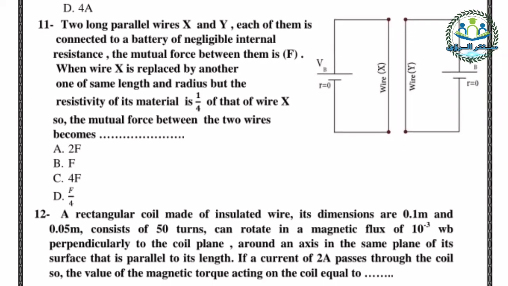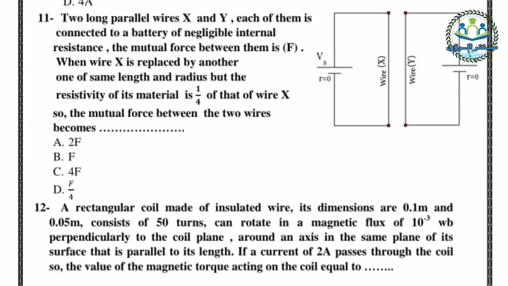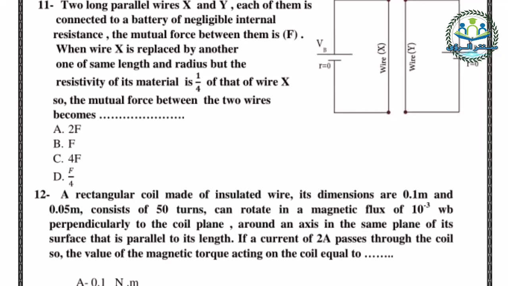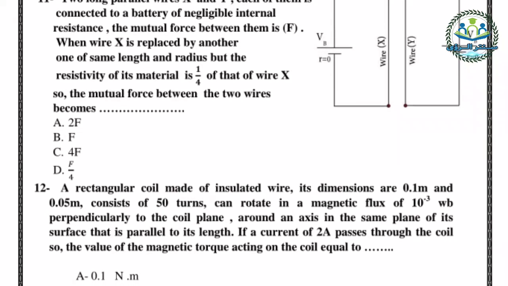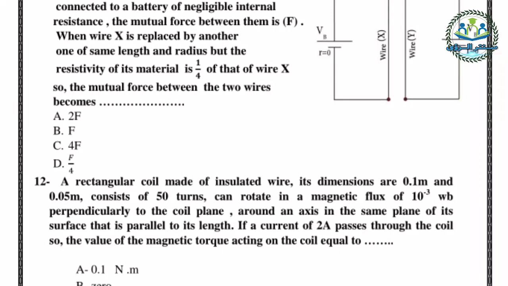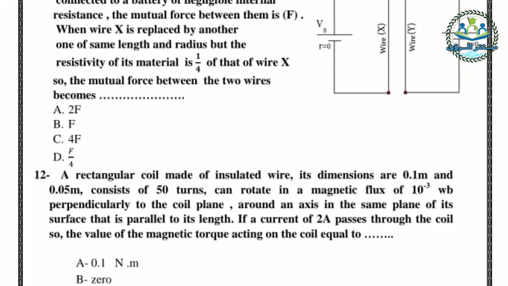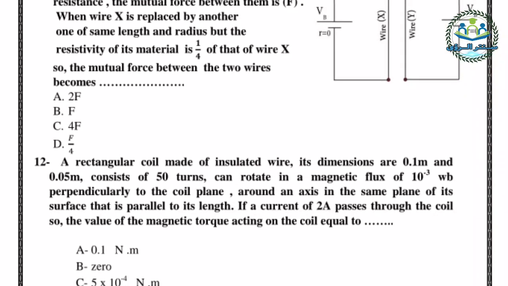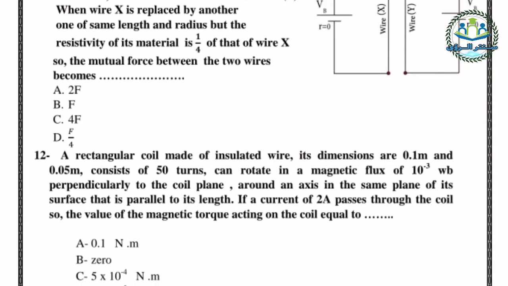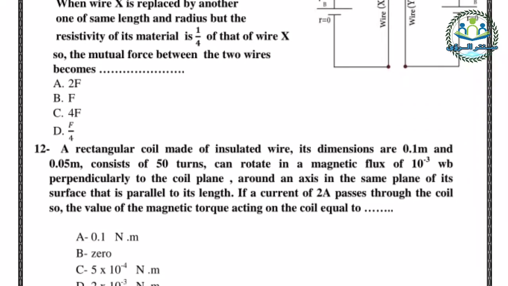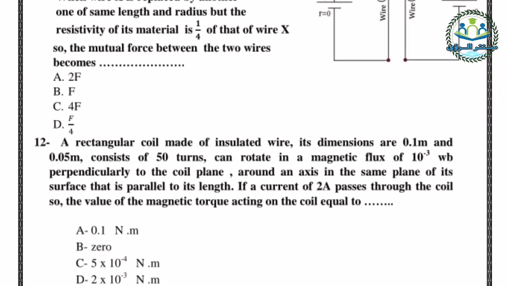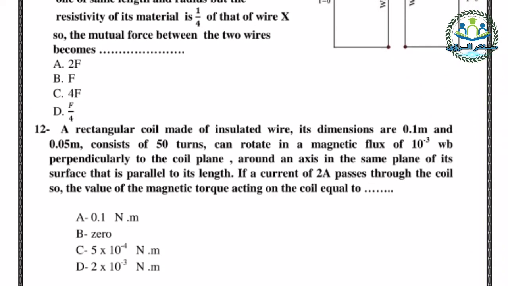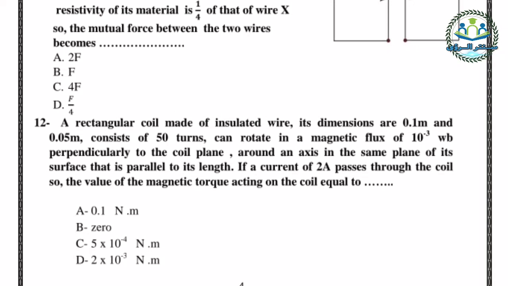12. A rectangular coil made of insulated wire, its dimensions are 0.1 m and 0.05 m, consists of 50 turns, and can rotate in a magnetic flux density of 10^-3 Wb/m² perpendicular to the coil plane, around an axis in the same plane of its surface that is parallel to its length. If a current of 2 A passes through the coil, the value of the magnetic torque acting on the coil equals: